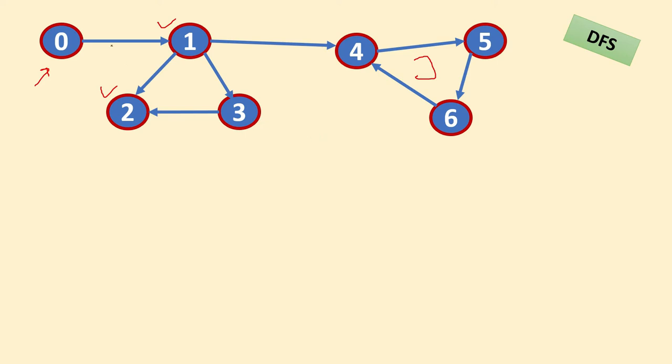Now if you check here, from 0, 1, 2, this is one DFS path. In a similar way, when we go for 3, from 3 we can't go to 2 because 2 is already traversed. So from 0 to 1 to 3 is also a DFS path. If we check for 4 now, from 0 to 1 to 4, and then 4 to 5 one path is going on, and from 5 to 6 one path is going on, and again this 6 is pointing to 4, which is a visited node but not a processed node.